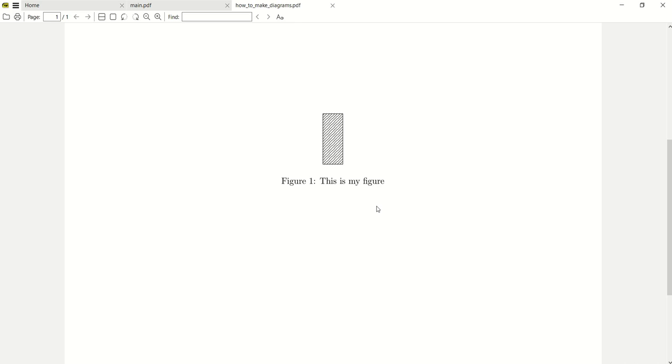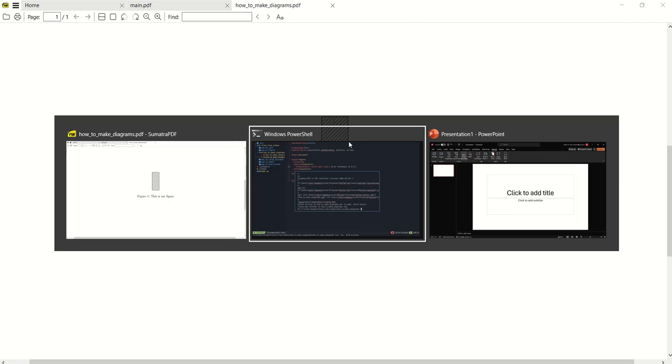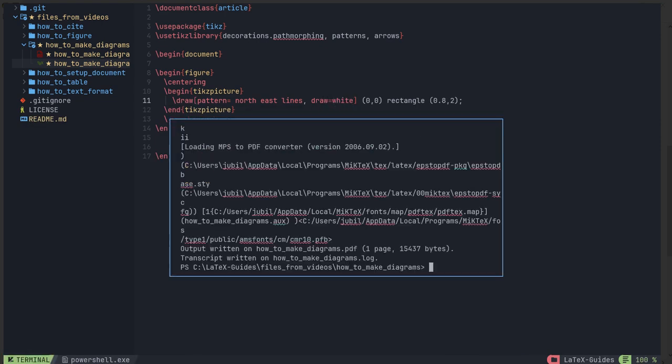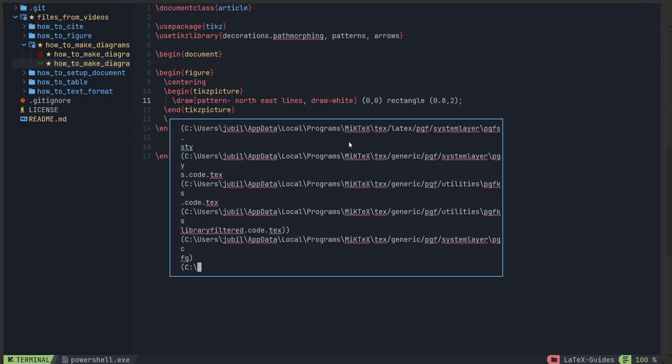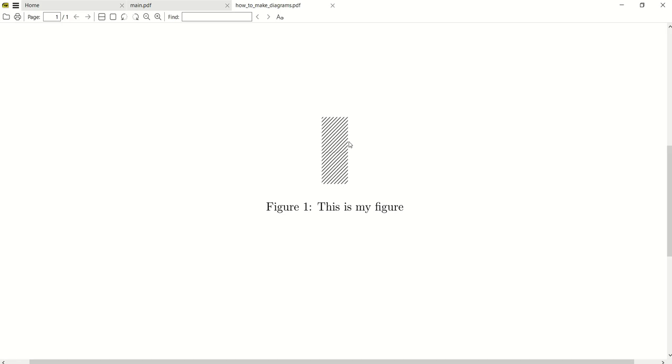Okay, so there we go. Now, because I've gone and put in the pattern, you can see that this looks like a fixed wall, but perhaps we don't want the outline on there, so then we can just say draw equals white. So this means that the border that it draws is going to be white, I think. There we go. So there we've got a fixed wall